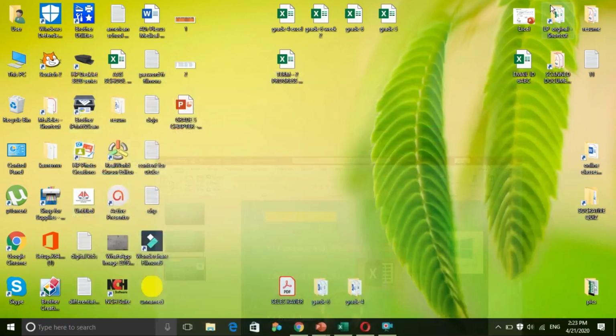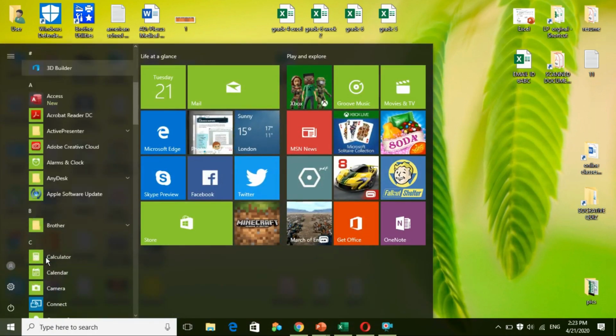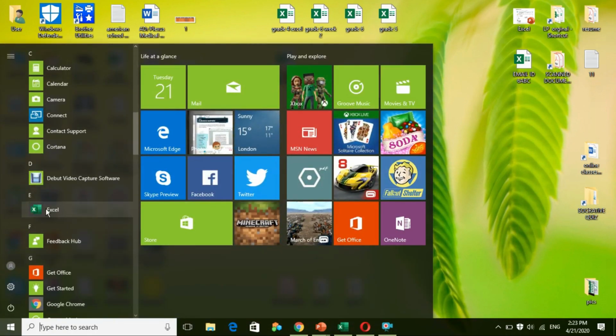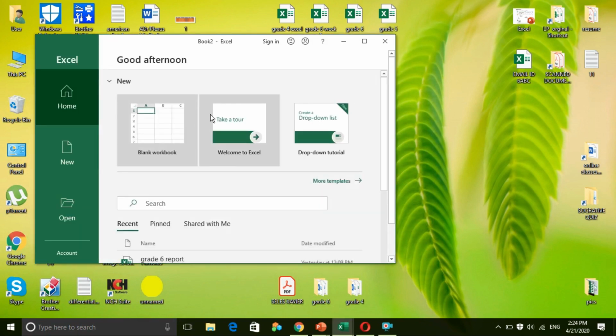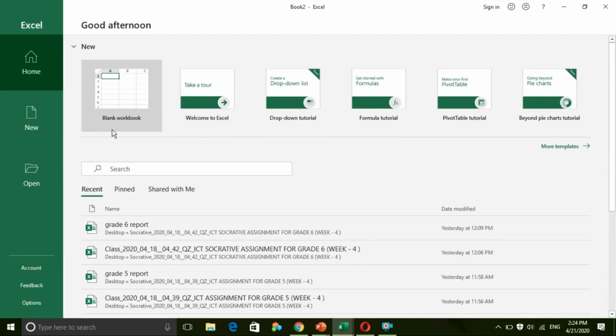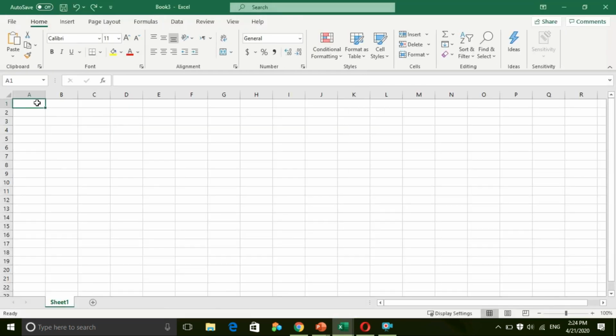And here, this is our desktop as usual, and at the bottom corner we have the start button. So we are going to press the start button. Here, go to E, we found Excel. Press it one time with the left button of the mouse. So now Excel is coming, maximize it. I'm clicking blank workbook. So here I'm going to give some information, that is, I'm going to write name, telephone, home address.